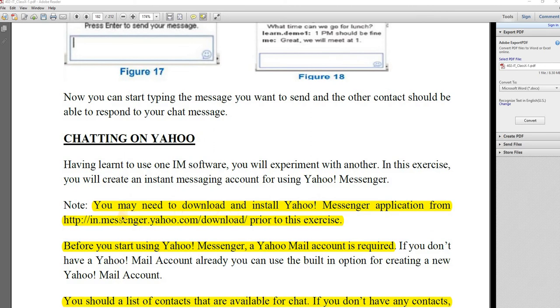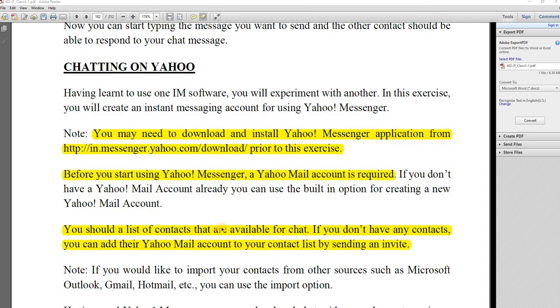So you have to download this messenger, and after downloading you have to sign in, यानी कि आपको वो अकाउंट अगर आपके पास नहीं है तो आपको अकाउंट क्रिएट करना होगा, and after creating an account you have to sign in with your username and password. As you sign in with the username and password, then you can see your contact list the same way as you are viewing in your Google. जैसे Gmail में था वैसे ही Yahoo में है.